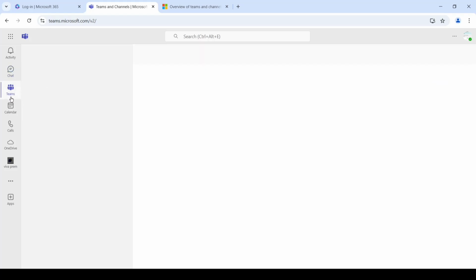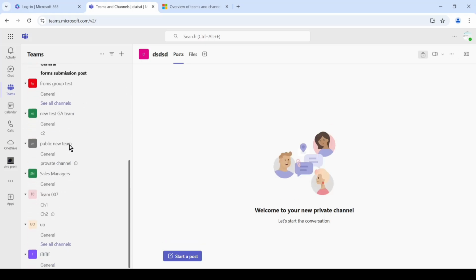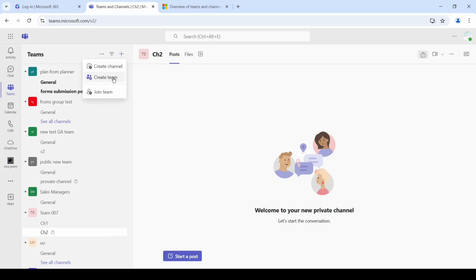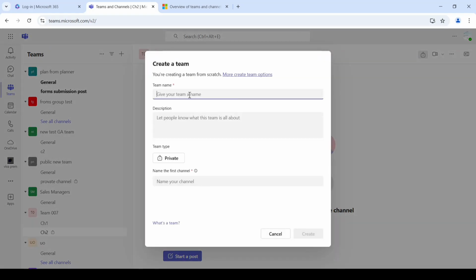And if I go to the Teams tab and scroll down, this is the team and the channels which we have created, as you can see here. So the behavior is the same as on the desktop, and in the browser we do have the same plus icon to create a team. If we click on create team, it will give us an option which would be similar if I create a new team here. Give it a description if I need, so we can provide a name here